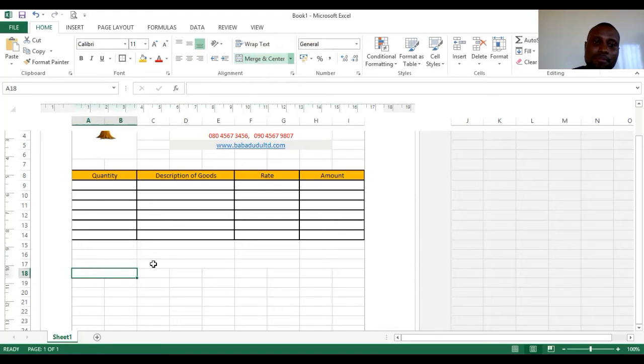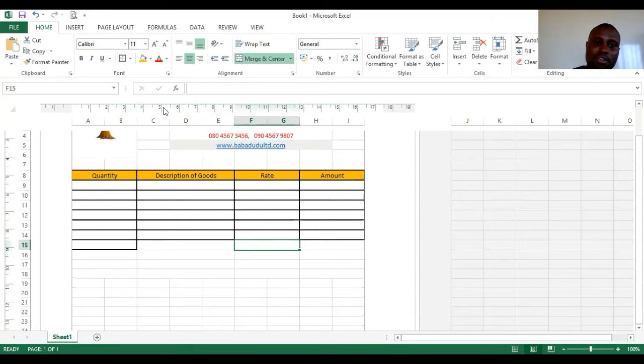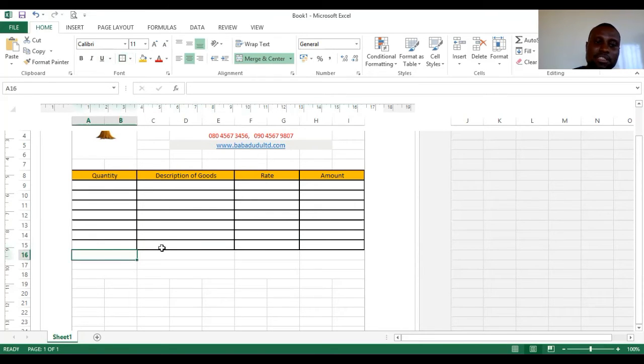So if you merge all of them together, it will look like you're just giving them one big box. If all your figures are there, it's as if you're talking about one thing. And I don't think that's one thing you are selling. You might be selling more than one thing. So you need to merge them differently and add thick border lines. The thick border line will help us to see when you want to print